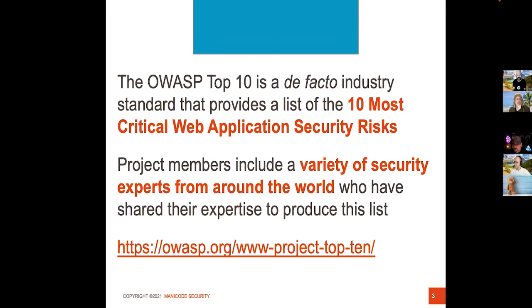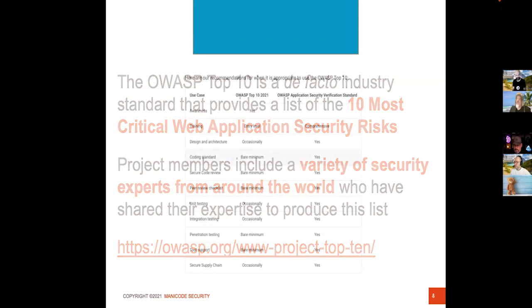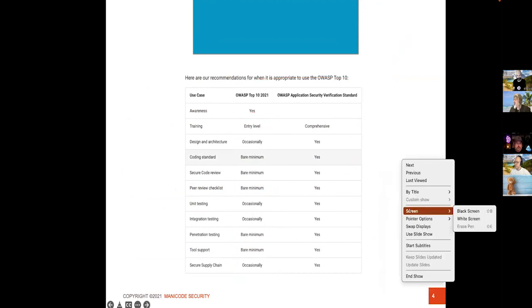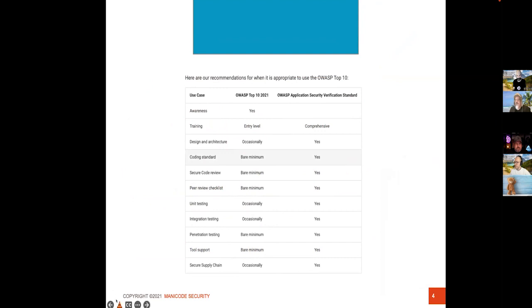I know you've got to start somewhere, but if you take a look at the actual page of the OWASP Top 10, here's me marking it up earlier. Let me erase that. Let's clean up my mess. There we go. This is not just me trying to be disrespectful to anyone. This is what's actually in the OWASP Top 10 document in the introduction. It says, what's the use case? Awareness, training, secure code review. You're going to see the OWASP Top 10 is mostly a bare minimum, or occasionally something to use, or entry level for training. But yes, it provides awareness, but this is not meant to drive a government standard. This is not meant to drive a product standard, right?